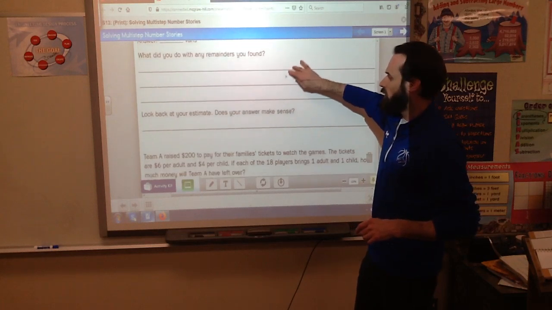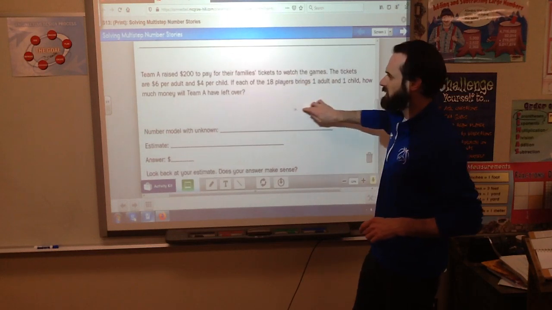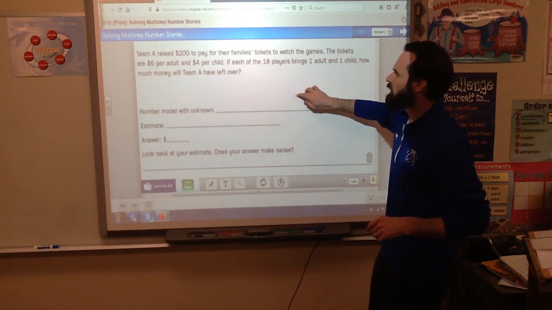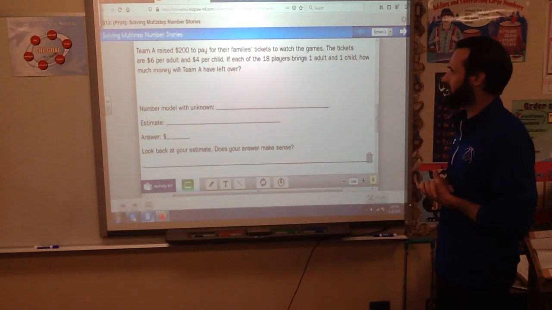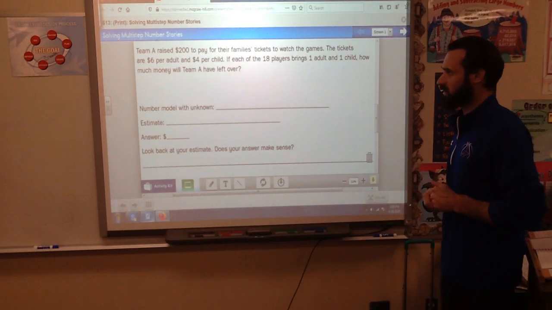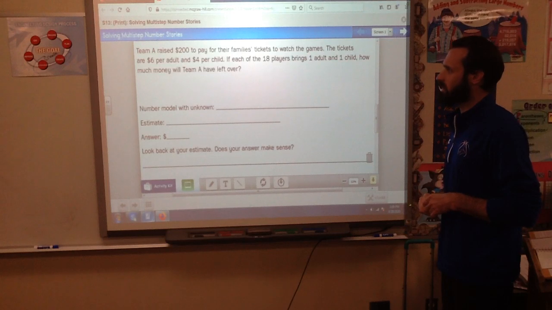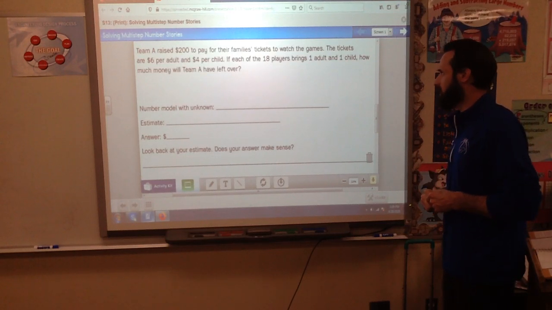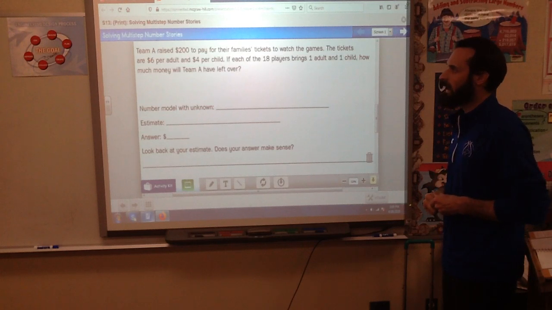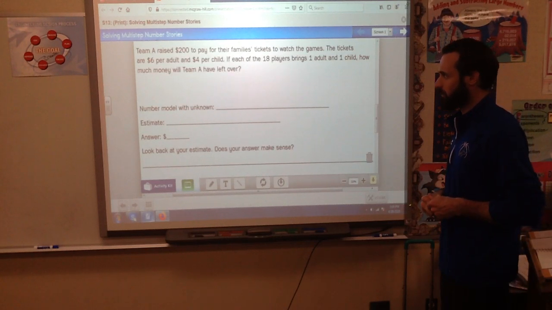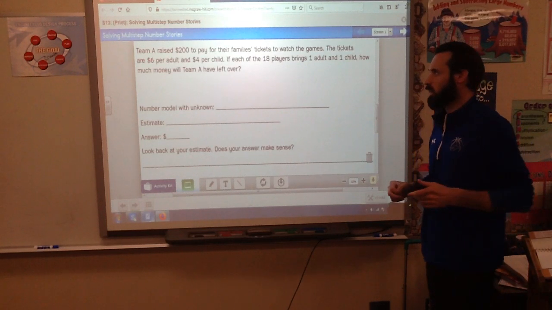Moving on to problem 2. A team raised $200 to pay for their family's tickets to watch the games. The tickets are $6 per adult and $4 per child. If each of the 18 players brings 1 adult and 1 child, how much money will Team A have left over? So, on this one,